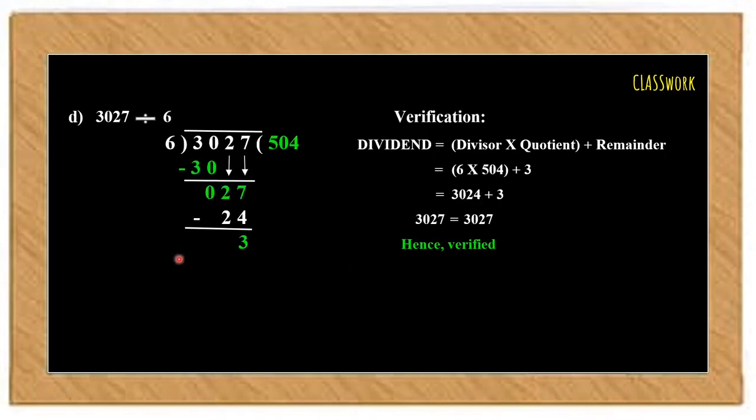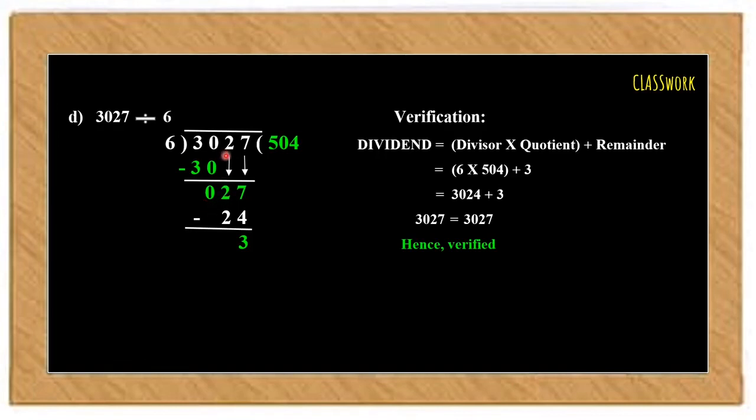In the D part, children, we will again write the dividend and the divisor appropriately and continue to divide. In this, 6 multiplied by 5 gives us 30. I have taken 2 digits because the first digit of the dividend is smaller than 6 and cannot be divided alone, children. Therefore, we have considered the first 2 digits here, which is 30. On subtracting, we got 0 as the answer.